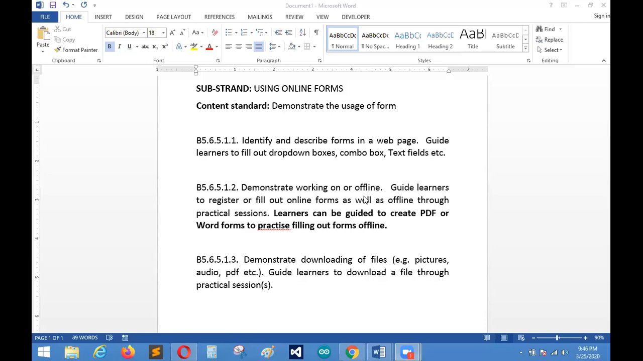B5.6.5.1.2 says that identify and describe forms in a web page. Guide learners to fill out drop down boxes, combo box, text field, and many more. These are all elements of forms. If you join the training, you get to know more about this element of forms. And then